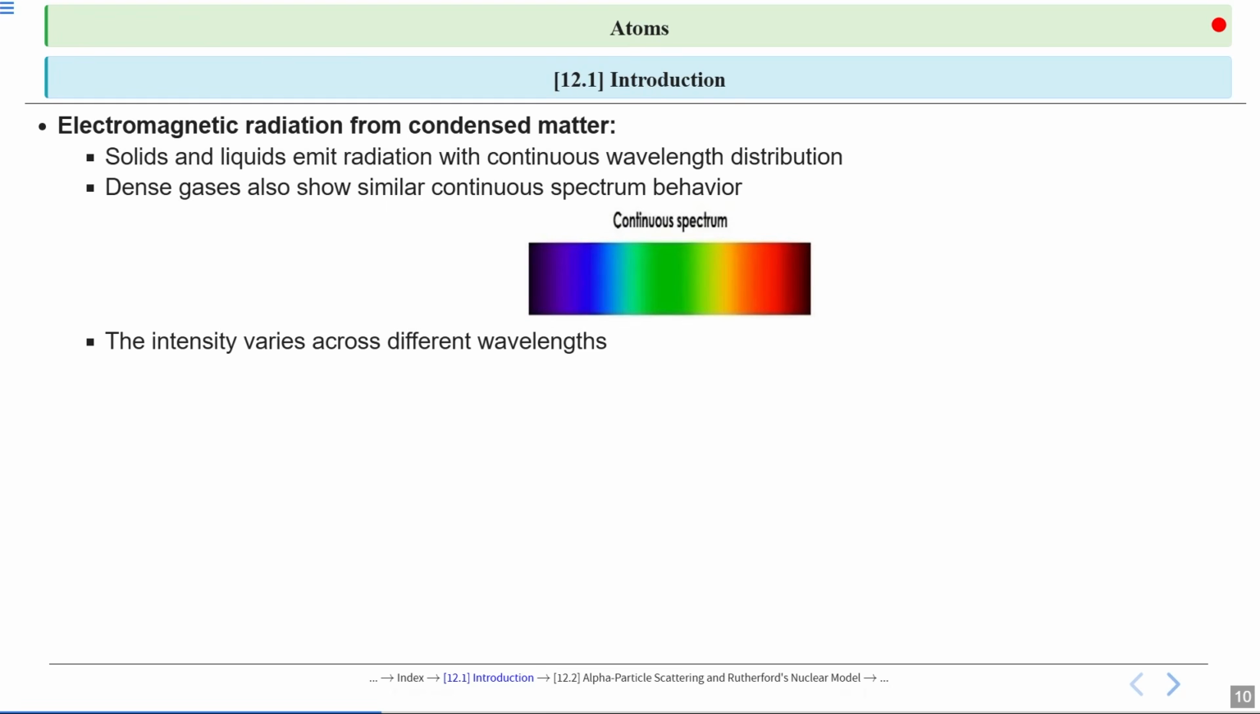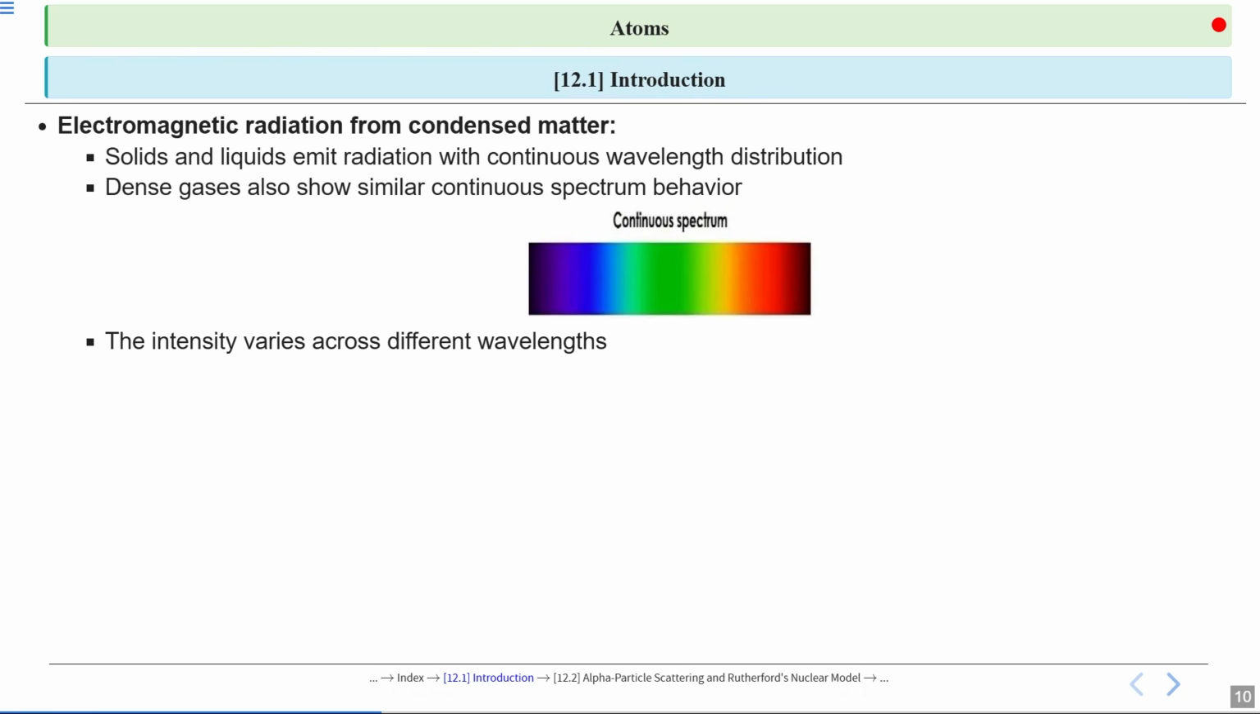So the intensity of this radiation isn't the same at all wavelengths. Some wavelengths are emitted more strongly than others, creating a curve when we plot intensity versus wavelength. For example, a hot object like a bulb emits more in the visible range, while a cooler object emits more